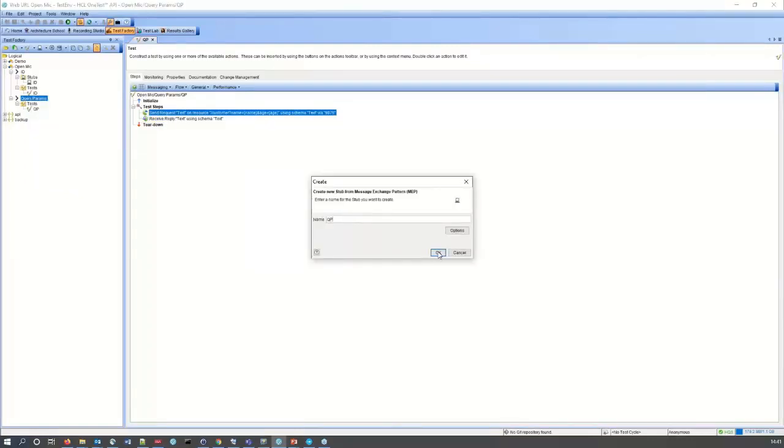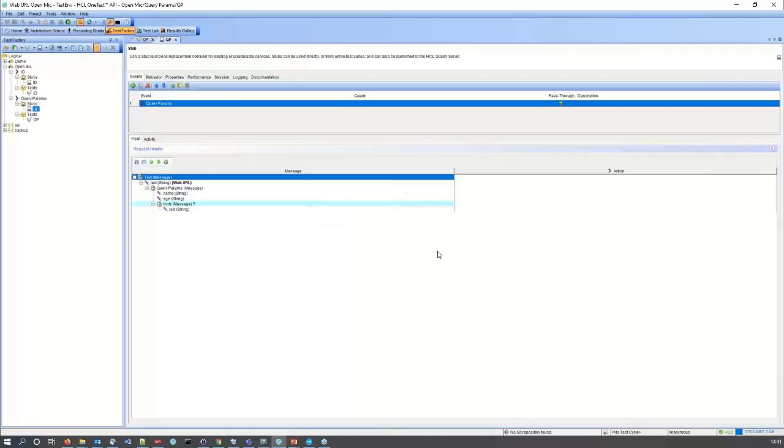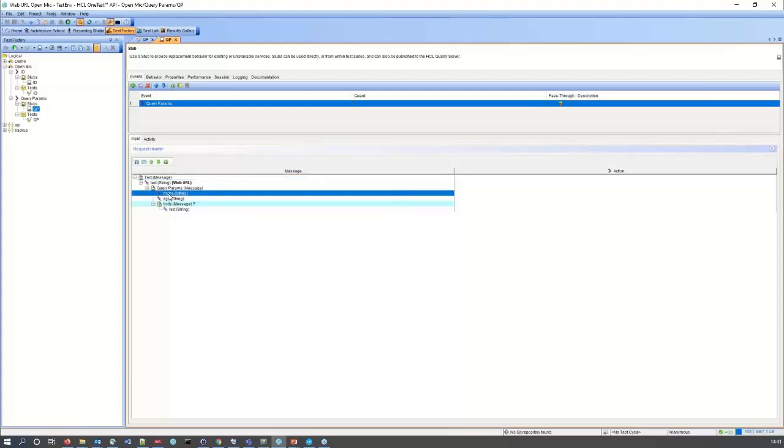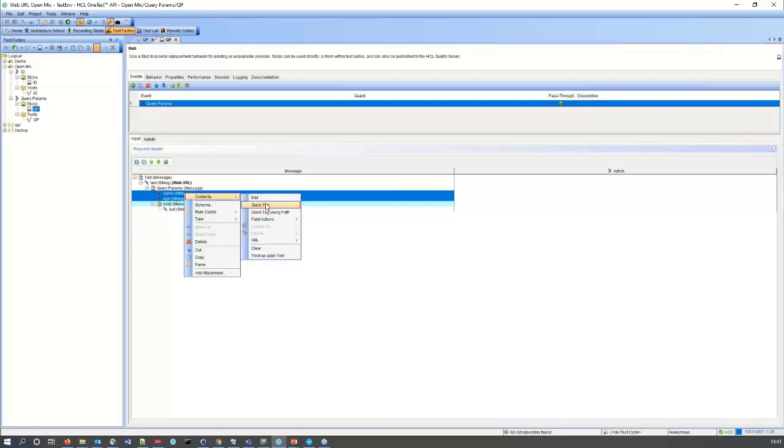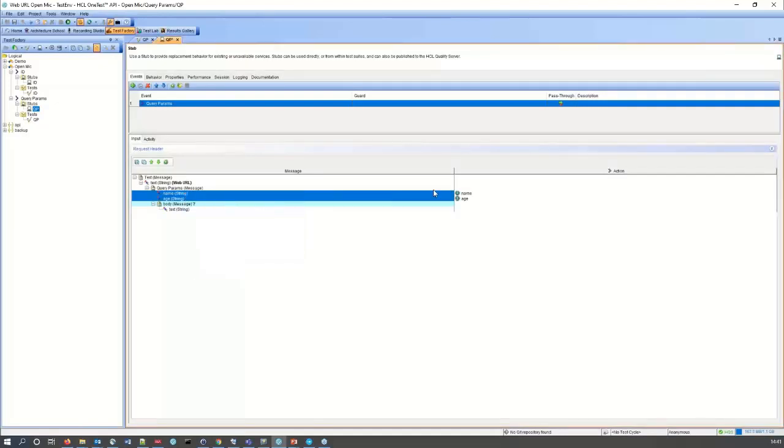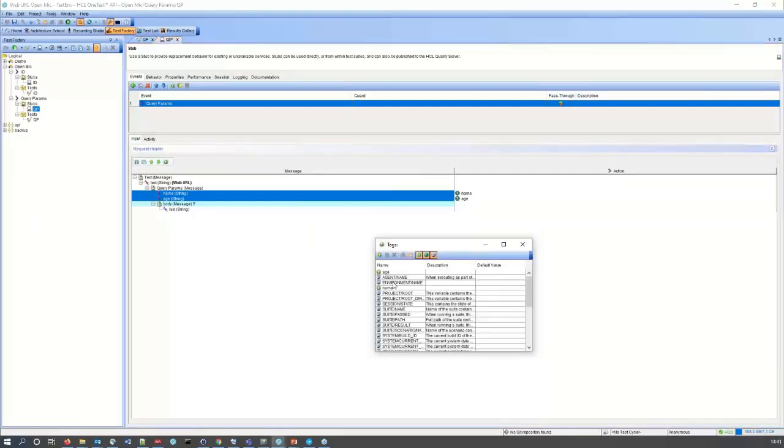Call that QP as well. Right, okay, so we've got the 2 parameters here. So here's another tip for you. If you wanted to tag both of those, if you multiple select and do quick tag, it does them both at once. And we'll just check the tag store. So you can see we've got the two